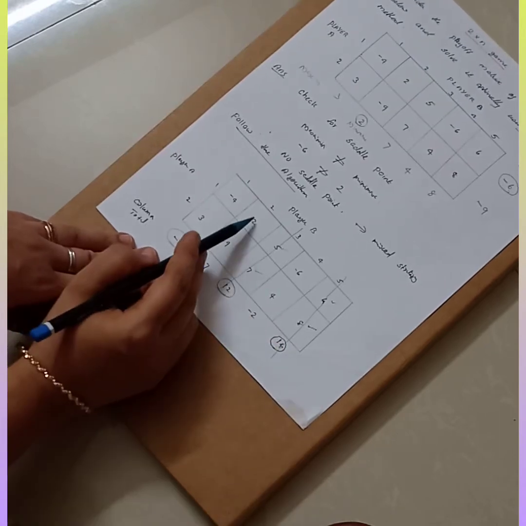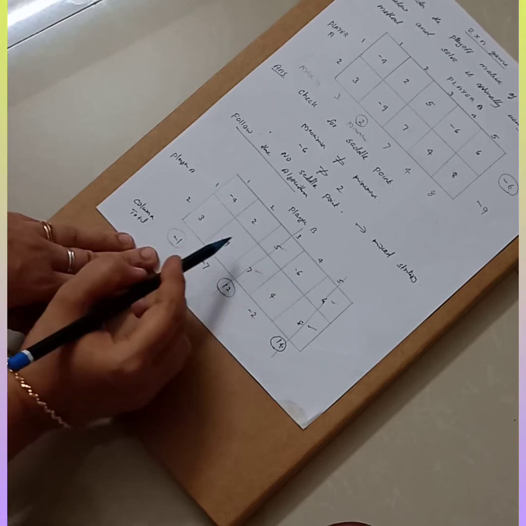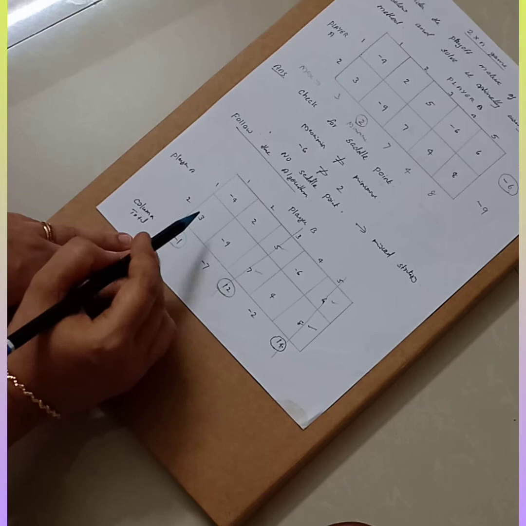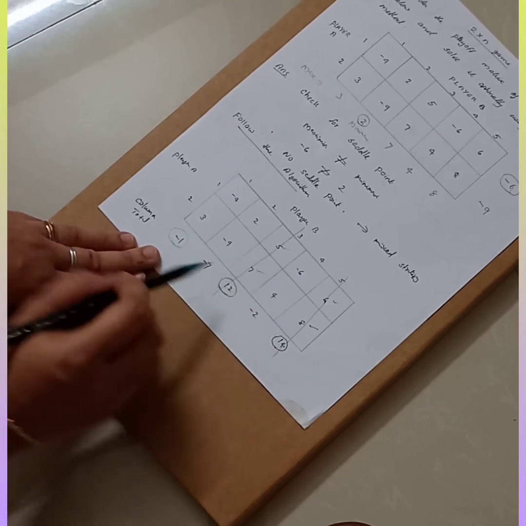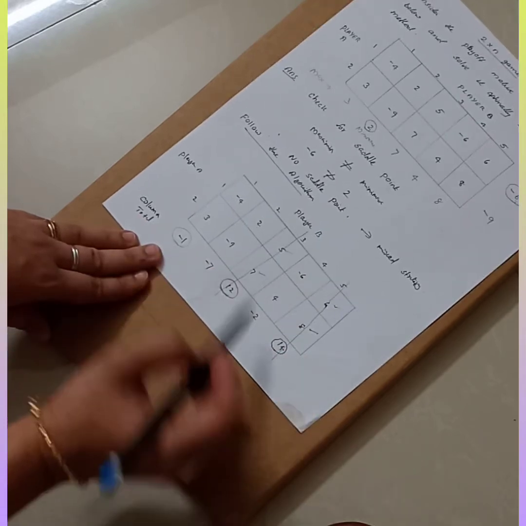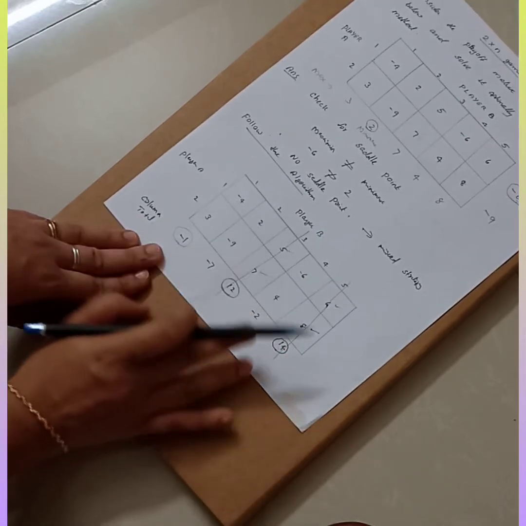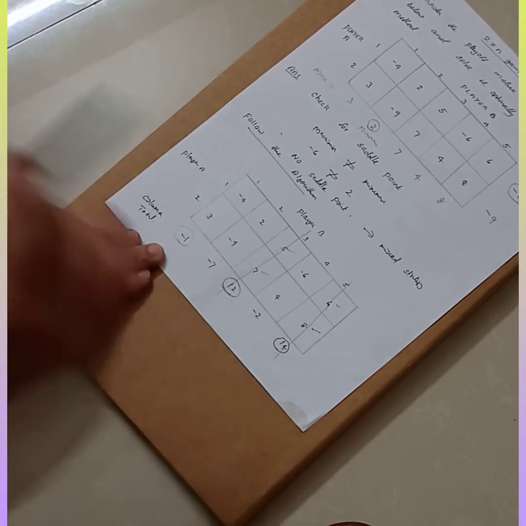Then the last column, 2. 2 is greater than minus 4 and 2 is greater than minus 6. But look at minus 9. Minus 9 is not greater than 3 nor 4. So this is also not dominating. So after checking for dominance, you can strike off these two columns and the remaining columns will remain as such. Now you have to draw the reduced table.